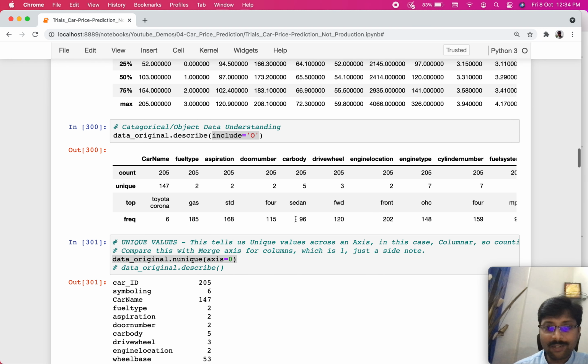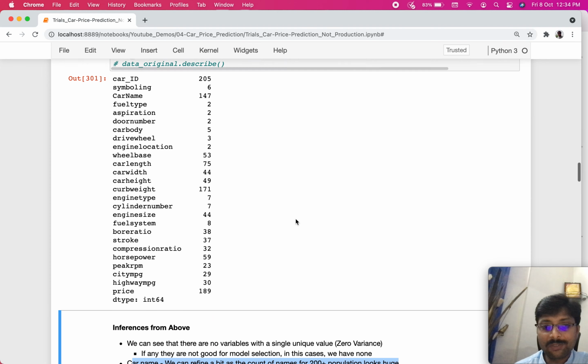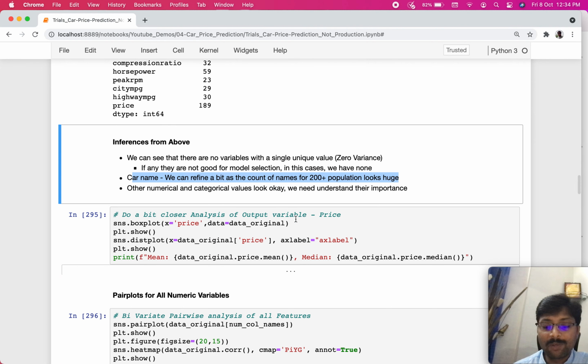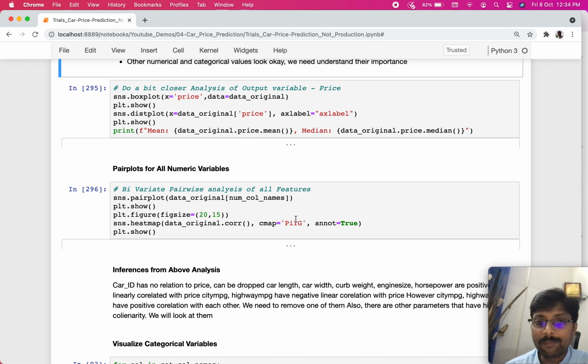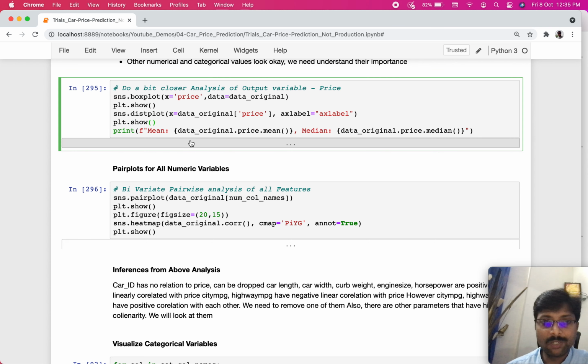So far we have done analysis from statistical parameters, but now moving forward we will also look at pictorially viewing them, so that we get a real sense of the variance, and also how parameters are dependent on each other, right? So let me walk you through that. Here we are only looking at the price parameter, right? Which is the output variable. So we're trying to draw something called a box plot and a dist plot, right? There are two different graphs we are trying to visualize for this price variable itself, right?